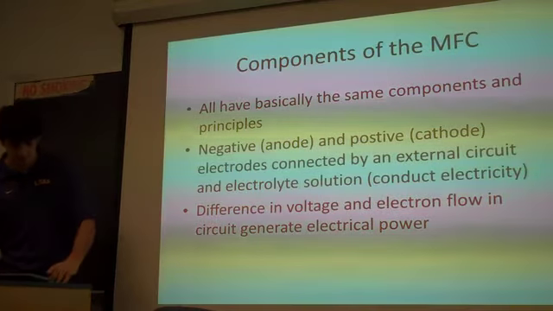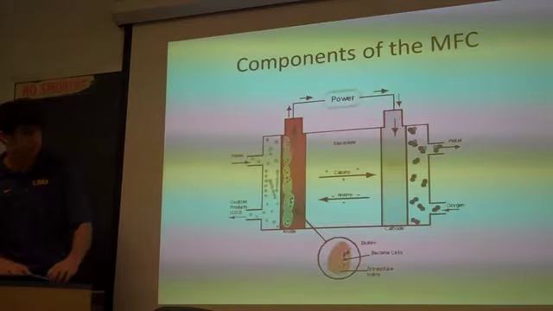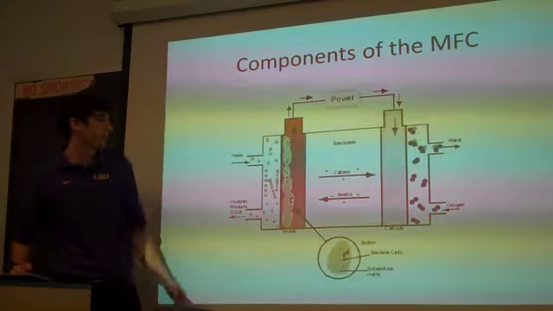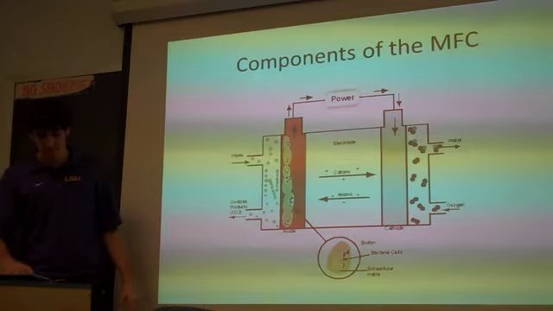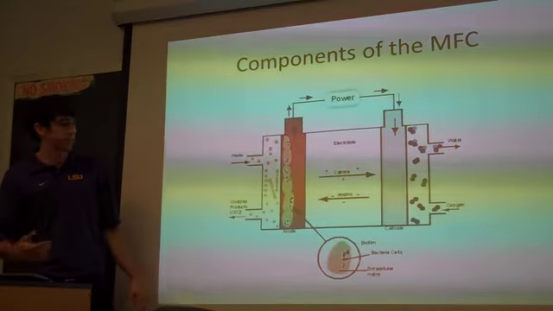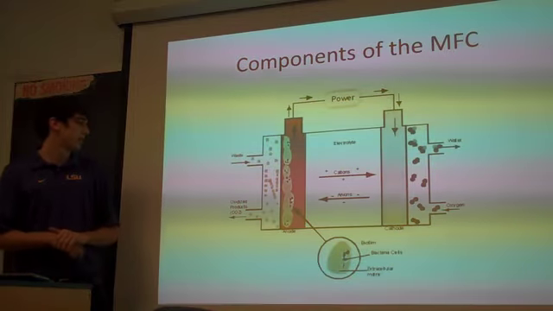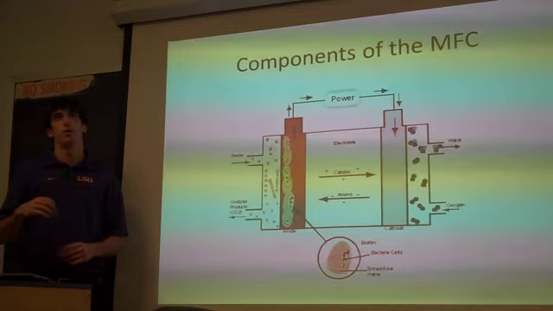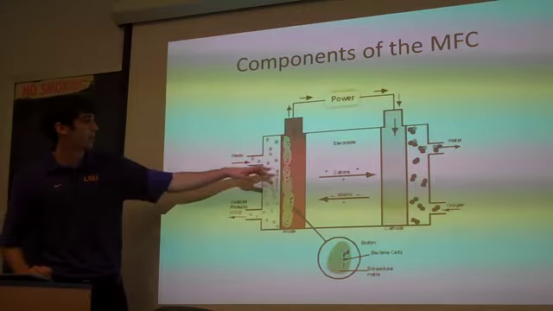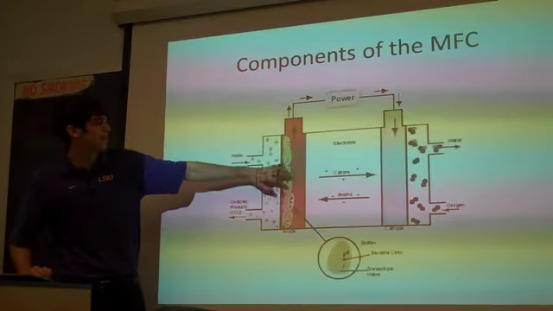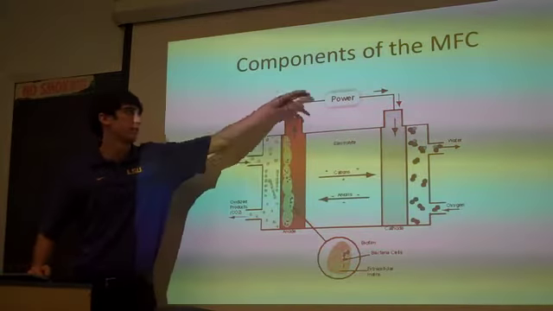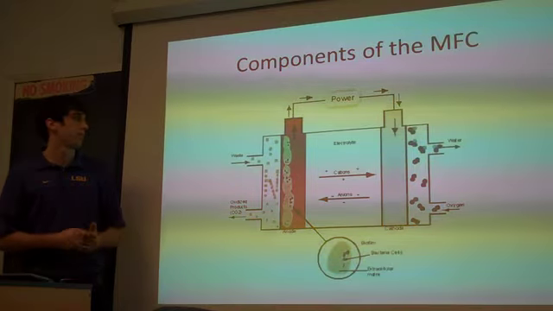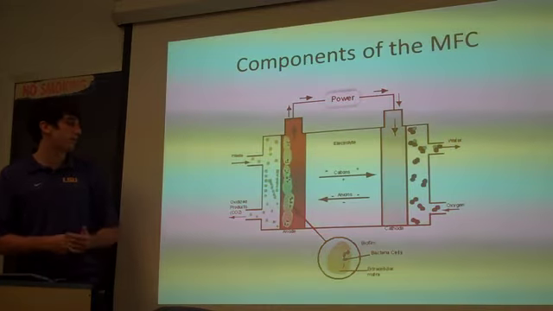So in this picture right here, what's going on is you have bacteria performing respiration on the anode, and what it's doing is breaking down organic materials into CO2 and stuff like that. In the process, it's releasing electrons, and the electrons, since they're negative and connected to the anode, have a natural tendency to flow along the circuit to the positive electrode, and that in turn, we can use for power.